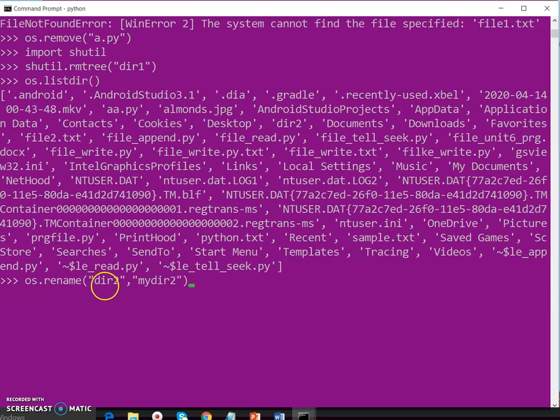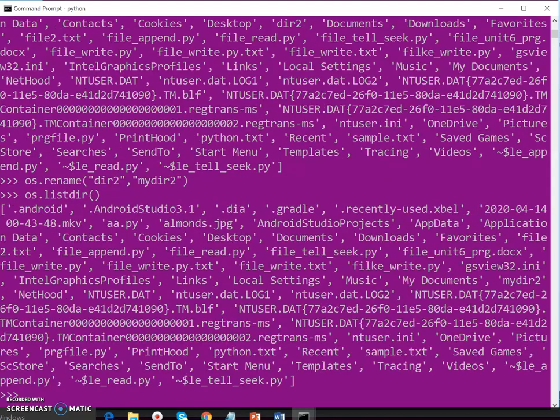So this dir2 name is replaced and the new name mydir2 will be given to this folder. We will check by listing out the directories. So here that folder is present, my dir2 folder is present now.